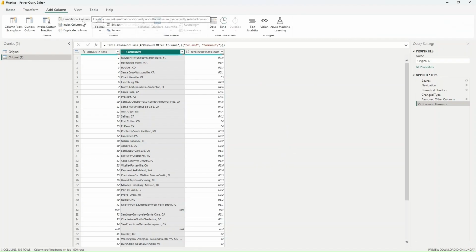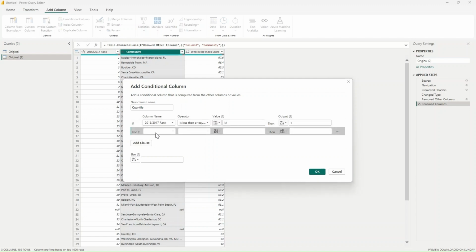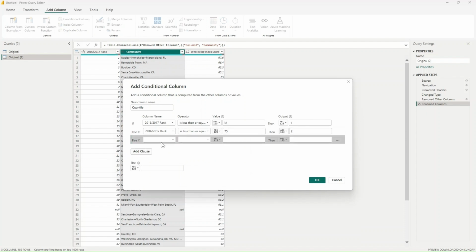I will go to Add Column and create a conditional column. I will call this column quantile. If the rank is less than or equal to 38, then this is first quantile. If the rank is less than or equal to 75, then it is second quantile.